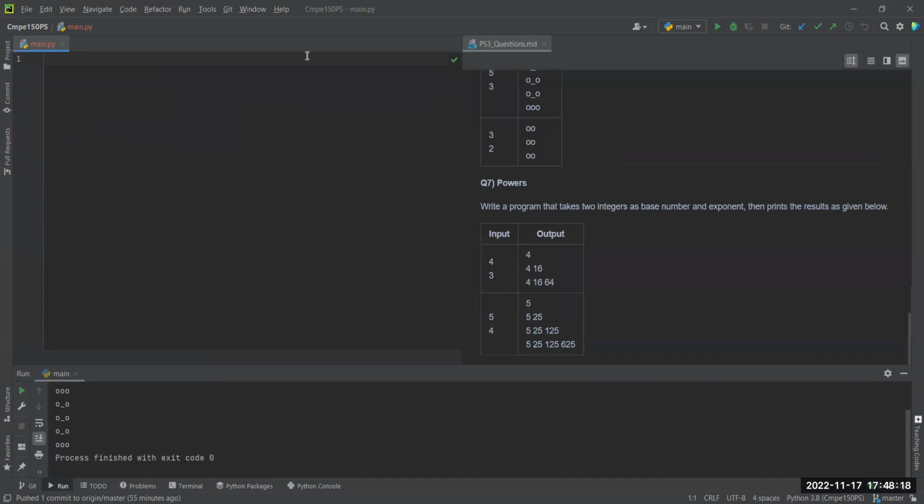So for example, we have taken the number 4 as the base and the number 3 as the exponent, and we have written 4 to the power of 1, then 4 to the power of 1 and 4 to the power of 2, and then 4 to the power of 1, 4 to the power of 2, and 4 to the power of 3 finally. So first of all, I can take my base